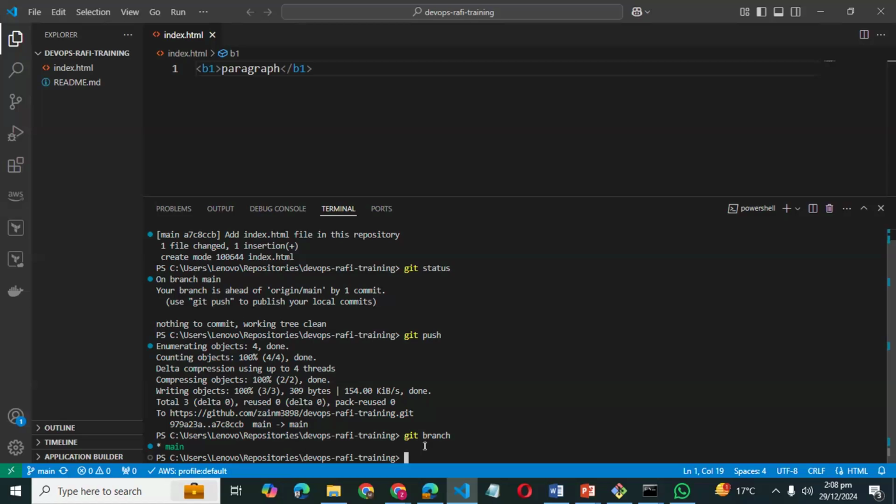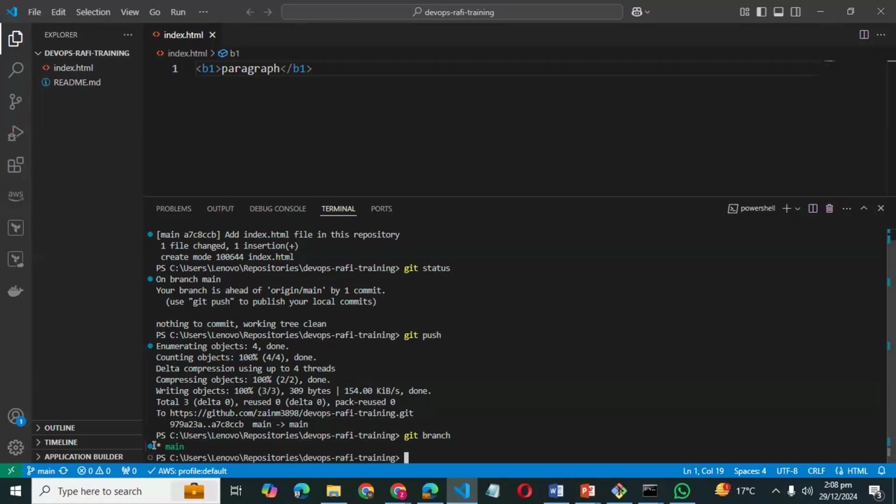So I don't want to make any changes or add the files in that particular branch. I want to add some other environments like dev and staging. So let's create another branch from the main branch, right? Whenever you create sub branches, they have a parent branch. Currently we are in the main branch, because we only have one branch, if you remember that.